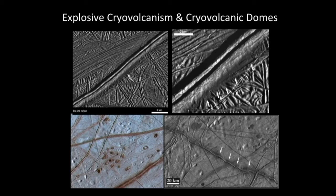What about the explosive cryovolcanism? Yes, we have evidence for that. This is a double ridge here, and you see this white arrow at the top pointing to these darker features, and here's a close-up of that to the right. It's believed that there was an explosive cryovolcanic eruption, or several along this double ridge, and it threw up particles and water vapor, and they came back to the ground and lined the surface